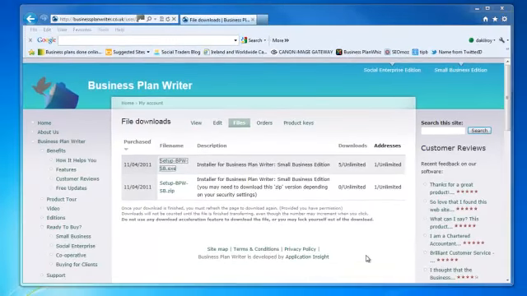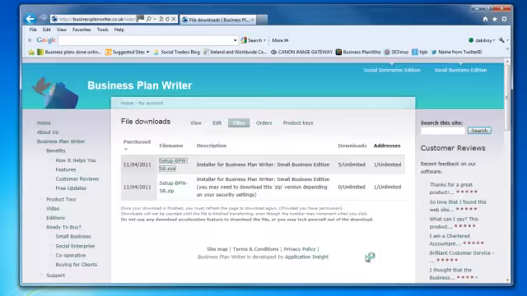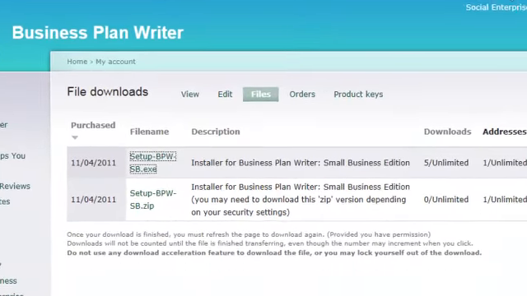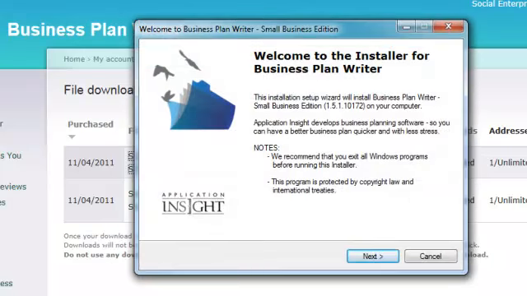Okay, Internet Explorer has now finished downloading the file from our website, and I'm just getting a request now from Windows saying, am I sure I want to allow this program to make changes to my computer? I'm going to click yes, and the installer will now start. It's just checking to make sure everything's okay. Actually, I'm just going to get rid of the